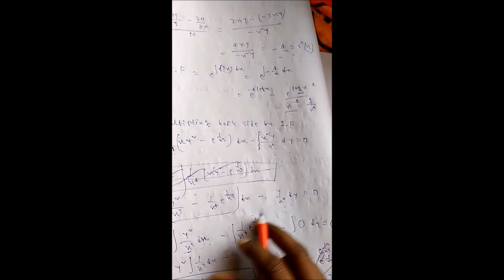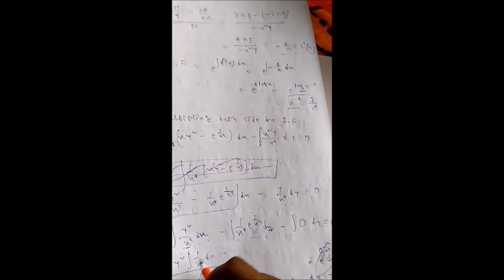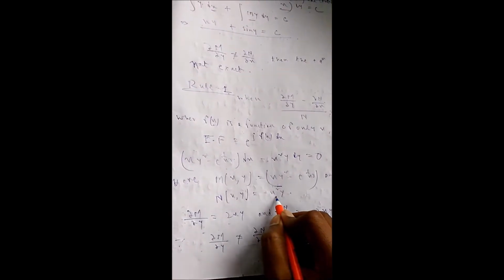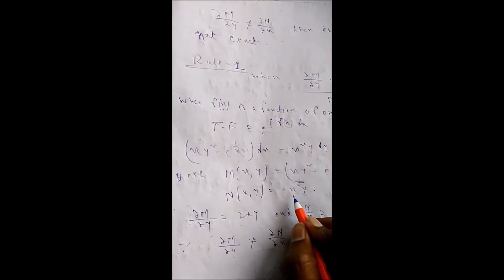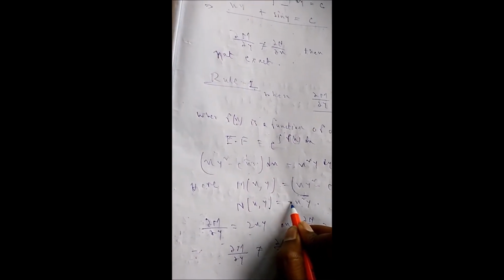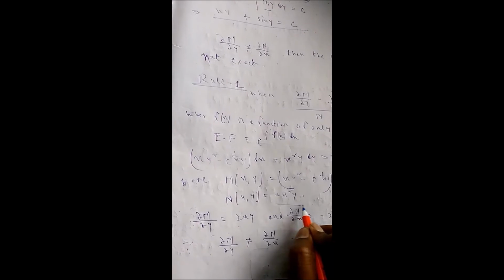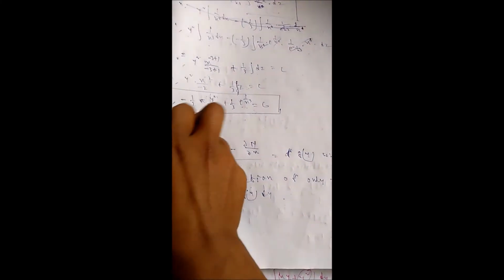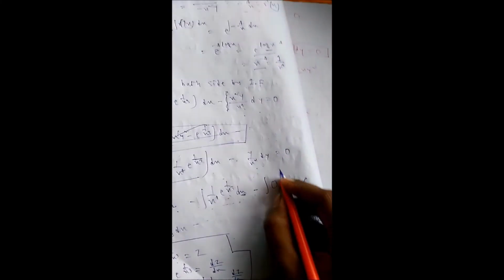In the previous page, here nxy is equal to minus x square y. It is a term of x and y, not only x, not only y. But the property says us that here the term